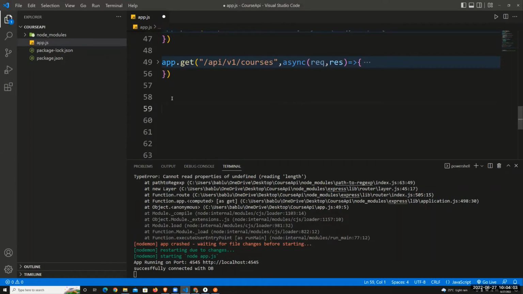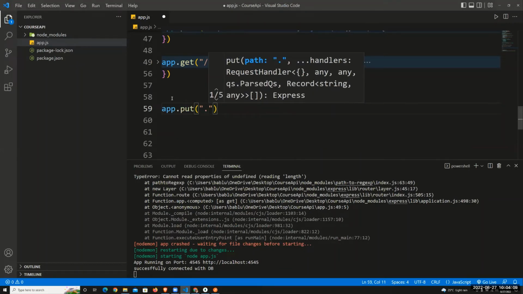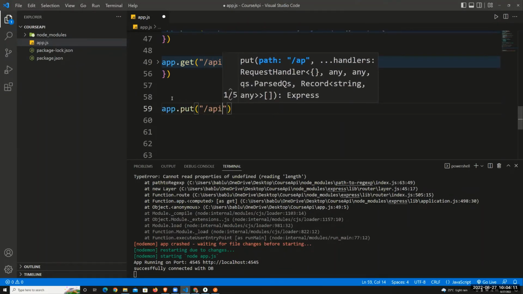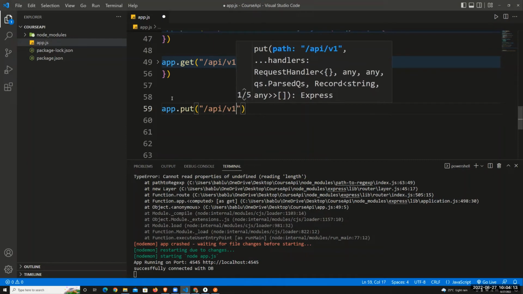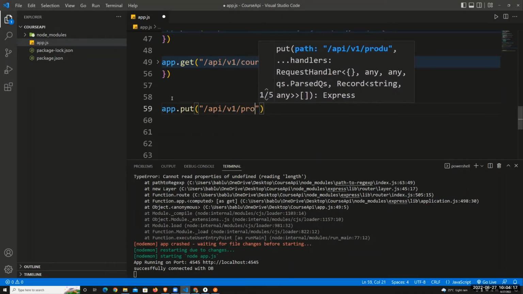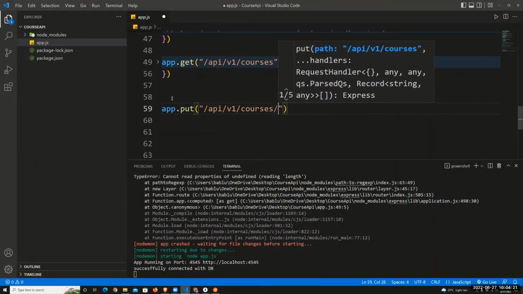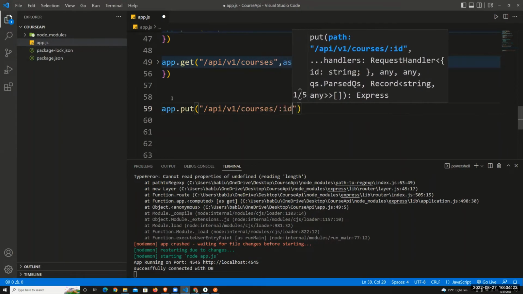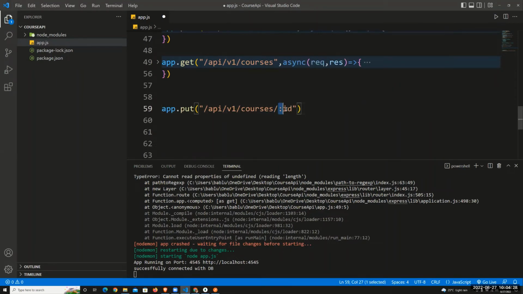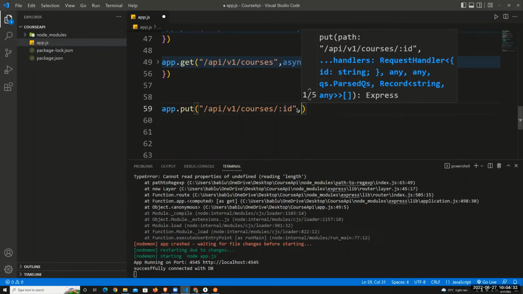So to update a request, the method used is app.put. I will use the app.put method, and I will just use the path /api/v1/courses/:id. Sorry, we are updating courses, right? /ID. Why am I sending this ID? I don't want to update all courses. Which course do I want to update? I will just get the ID of this course. Now from here, I will write async,